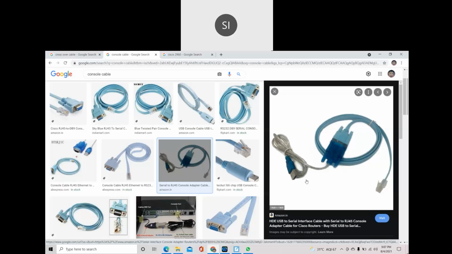Always remember, the first time you configure any network device, whether a switch, router or firewall, you have to connect a console cable. Only over the console cable can you configure it the first time. After that you can access it remotely.